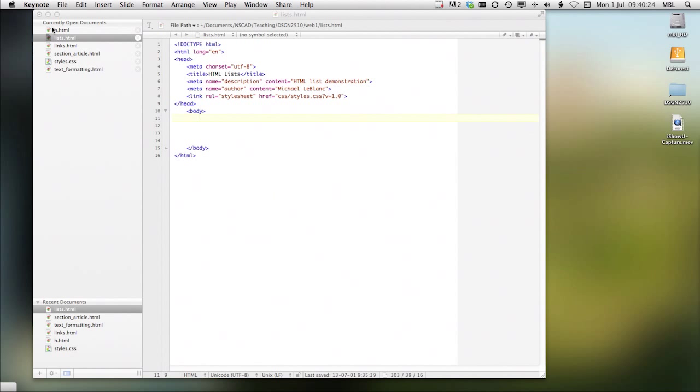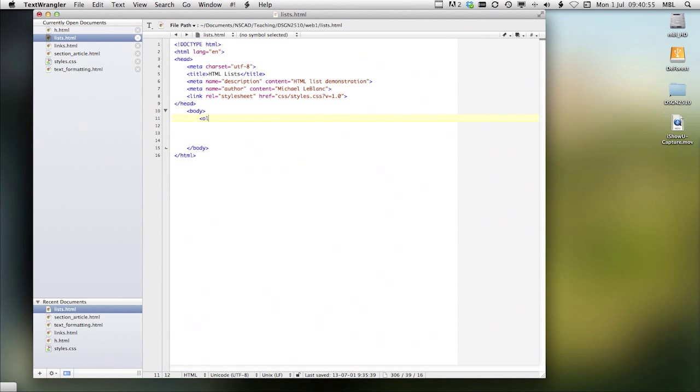You really don't see them as lists because a little bit of JavaScript wonderfulness is added to create drop-down menus, and menus of different styles. So lists are extremely important, and I'm going to show you the two most often used lists. The first one is the ordered list, and the ordered list uses